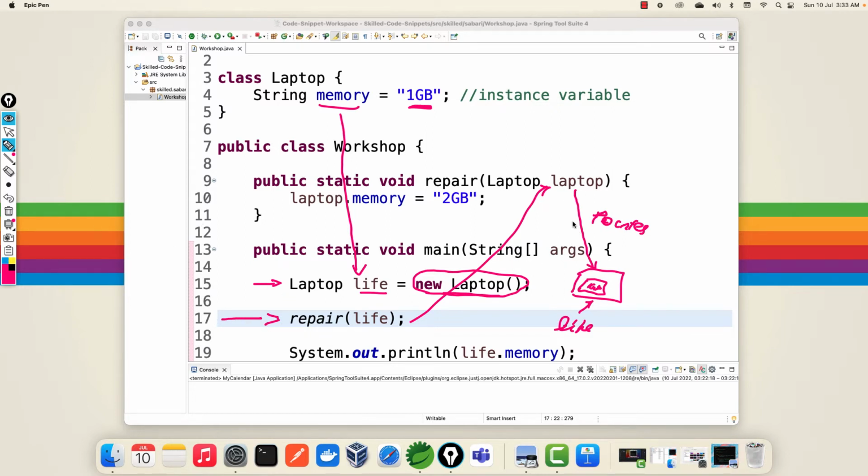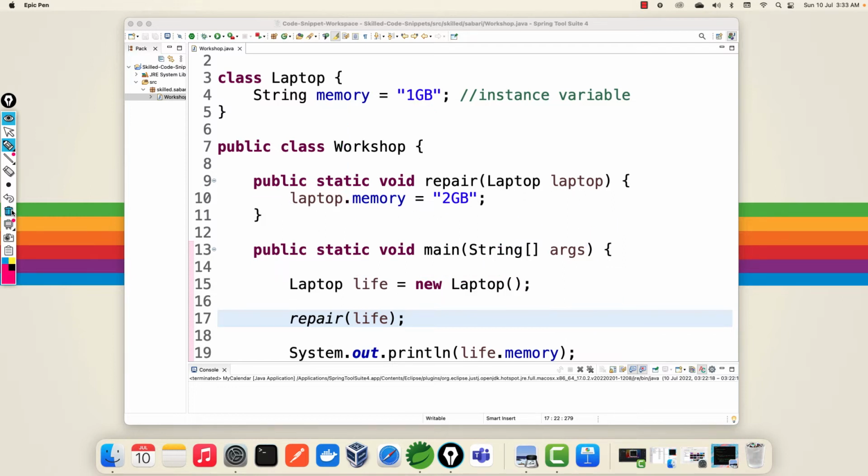So when laptop is pointing to the same instance and it is accessing the instance variable of that instance, and assigning it to 2 GB, that 1 GB will be changed to 2 GB according to the laptop.memory equals 2 GB statement, which is line number 10. Now we have to understand, while we are printing the life memory, will it print 1 GB